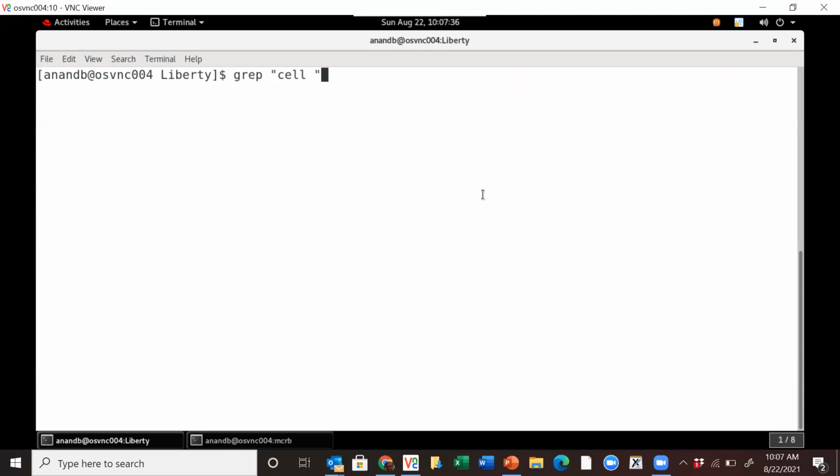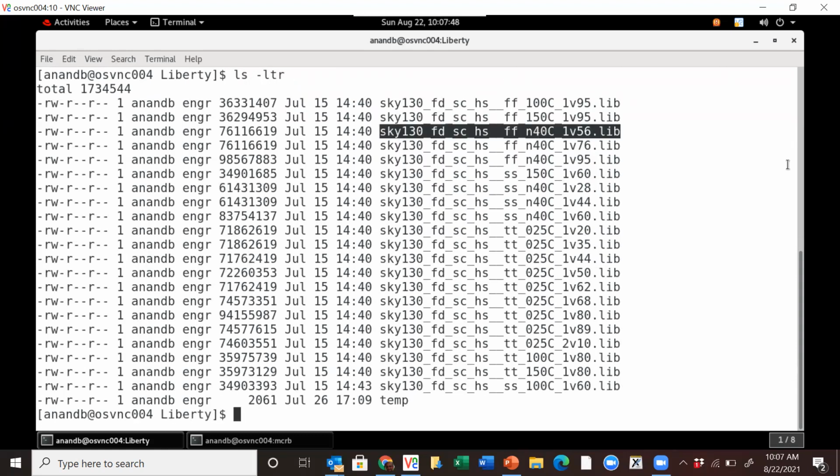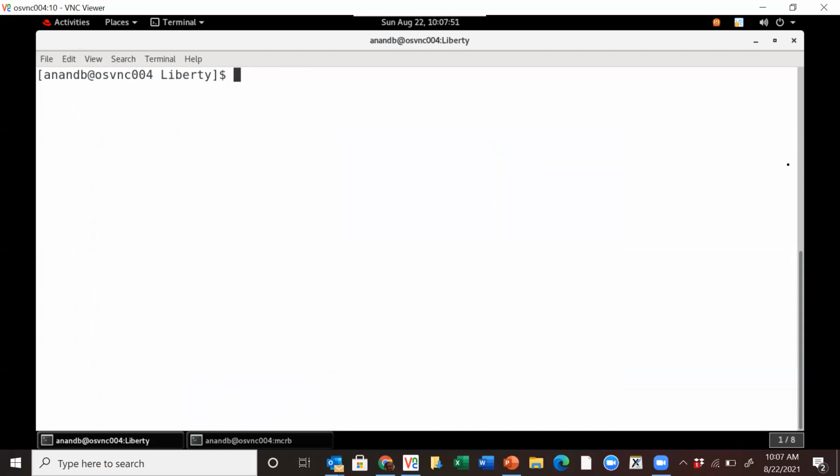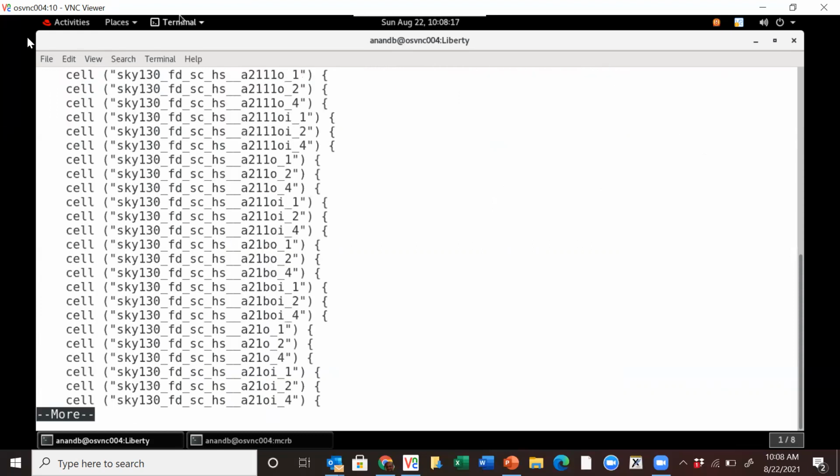So I'm going to grep. Grep is a Unix command. I'm going to grep for cell. Let me pick a name first of a library. Let's just pick any one of these .libs at random. And I'm going to say grep cell followed by space, and I'm giving the .lib library. Now I want all of you to be very familiar with this grep command. You will need to use it as you do homeworks and so on. This is a fundamental Unix command that you should know. Grep basically looks for any line which has cell followed by a space. And if I pipe this to more, I will see all the